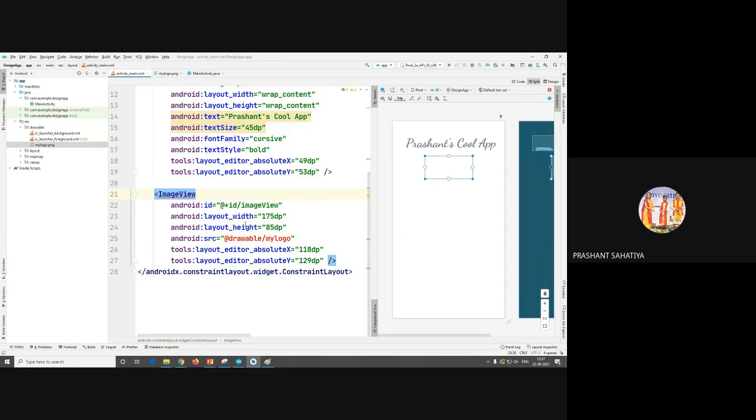Okay, we'll check while running. Right now it is not showing. I need to check why it is not showing, but this is the proper format. After running, we'll see what the problem is.